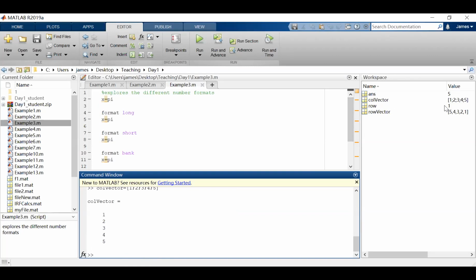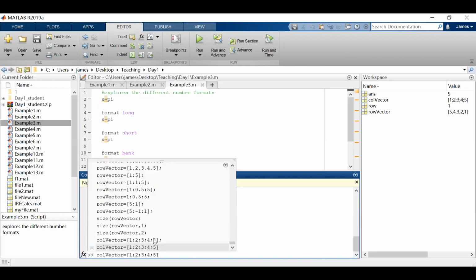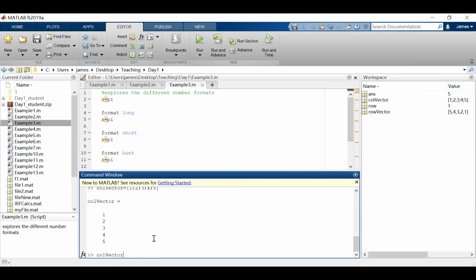So then remember, you can see that in the column vector, every element was separated by a semicolon, but the row vector is separated by a comma. Right? So that's the key difference. And what happens if you add these two vectors, right? Row vector and,